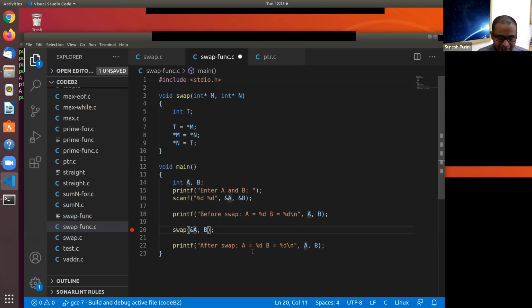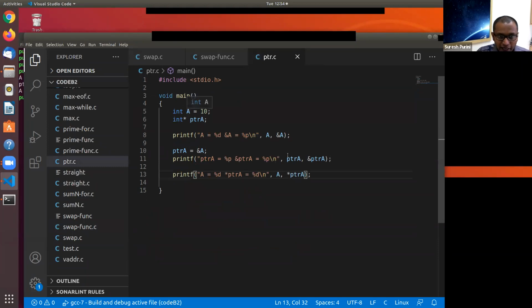Yeah, good question. It is not a coincidence, Srijan. Srijan has a very good question. The address of A and PTRA are very similar. Is it a coincidence? Can someone tell why it looks similar before I answer? Since they are declared side by side. Basically almost at the same time.